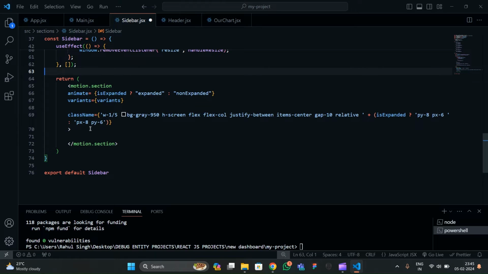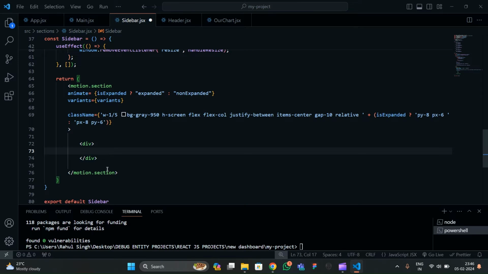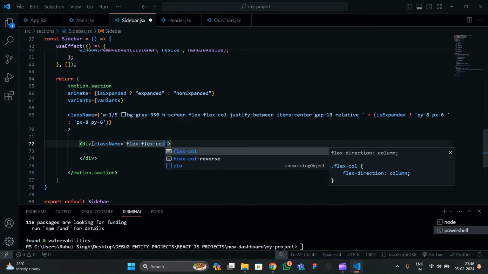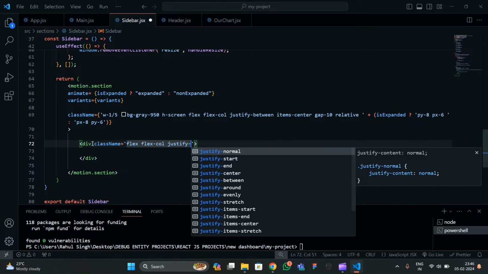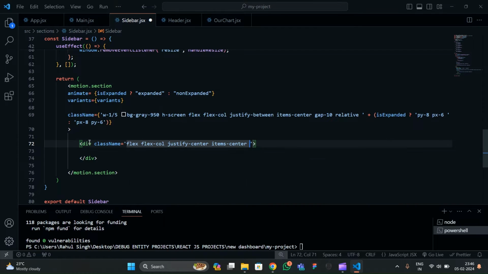Okay, like that. So what we have to do, inside this we have to open a div here. So let me style this div, class name flex flex-col justify-center gap of 8. Okay, so after that